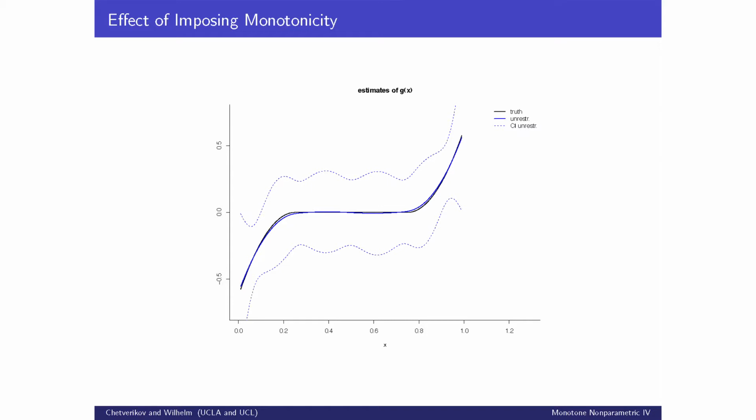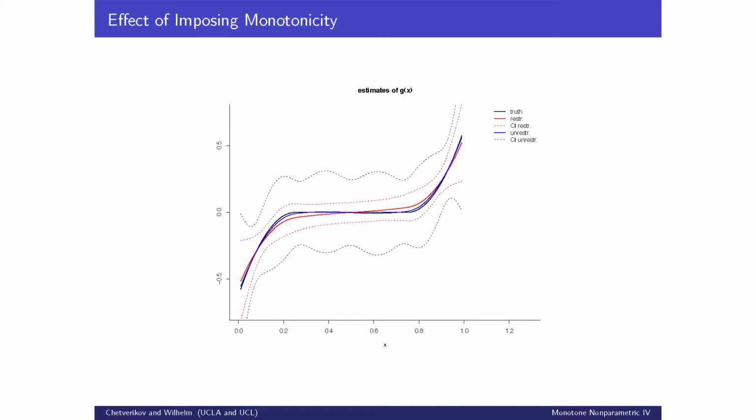And sometimes, though, it turns out you can improve the performance of this estimator quite a bit by putting more restrictions on the problem. So if you knew, for example, that this true function has to be increasing, and you put that extra information into the estimator, you put this constraint that the function has to be increasing into the estimator in some way, you would end up getting this red line. So this is the new estimator, the constrained estimator that's using the fact that the function has to be increasing. And the confidence bands now, these red dashed lines, are actually much, much narrower than the original ones